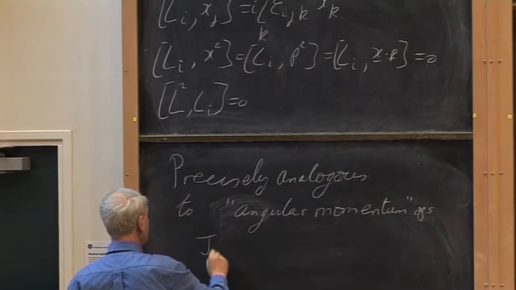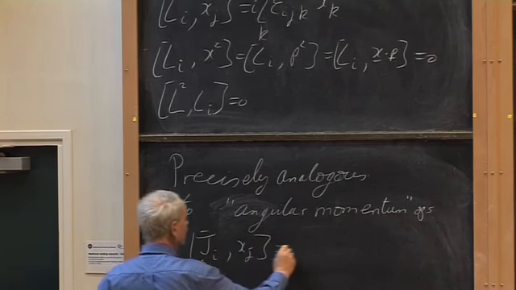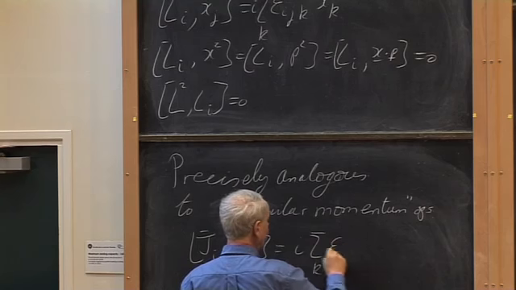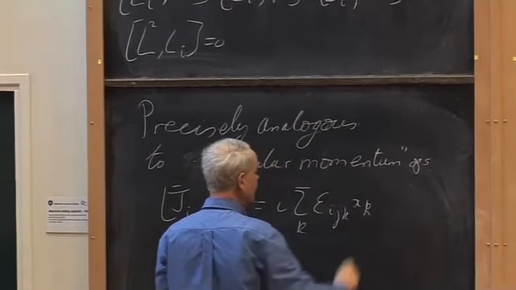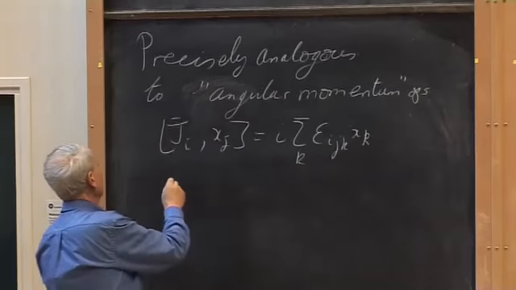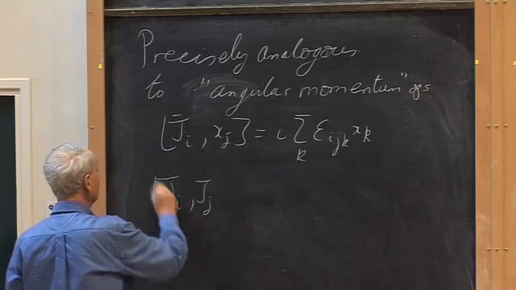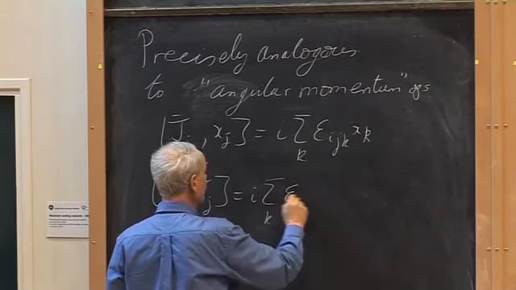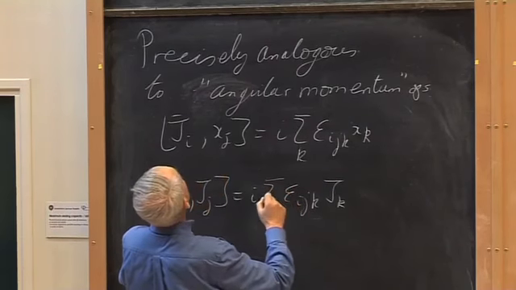So for example, the commutator of Ji with xj is i sum over k, epsilon ijk, xk, etc. So we have that the commutator of Ji, Jj is equal to i sum over k, epsilon ijk, Jk,